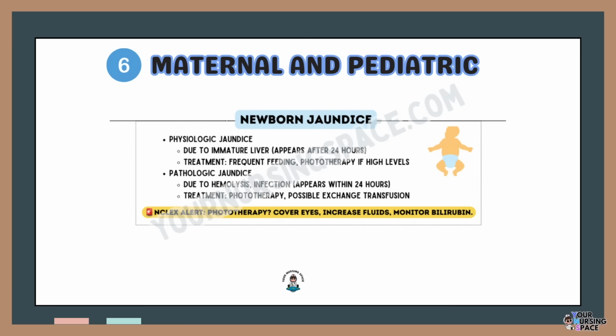Newborn jaundice is common, but we need to differentiate between physiologic and pathologic jaundice. Physiologic jaundice appears after 24 hours and resolves on its own. Pathologic jaundice appears within the first 24 hours and may indicate hemolysis or infection. Treatment includes phototherapy if bilirubin levels are too high, and parents should be encouraged to increase feeding, as bilirubin is